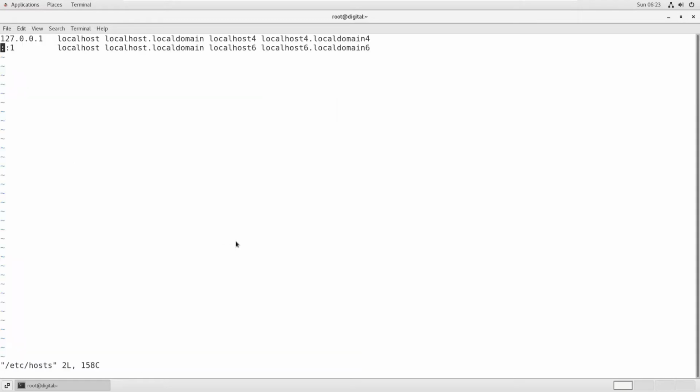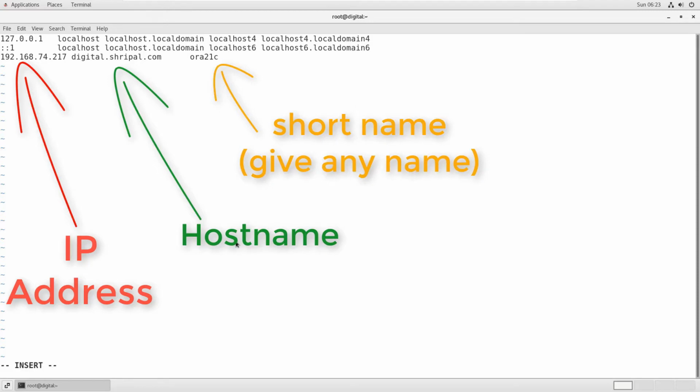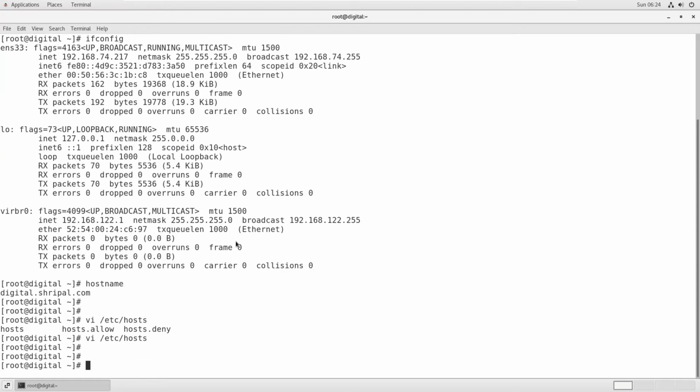Press I for insert and add the IP address and host name entry over here. Save the hosts file. Let me clear the screen.